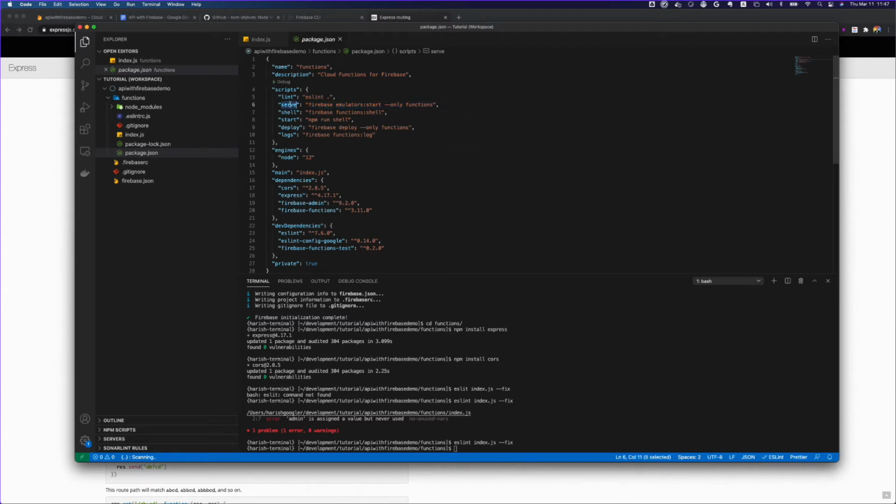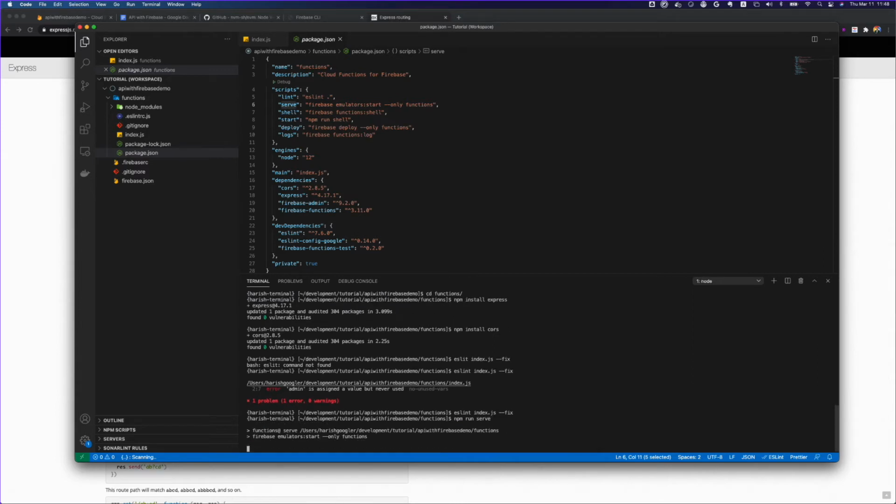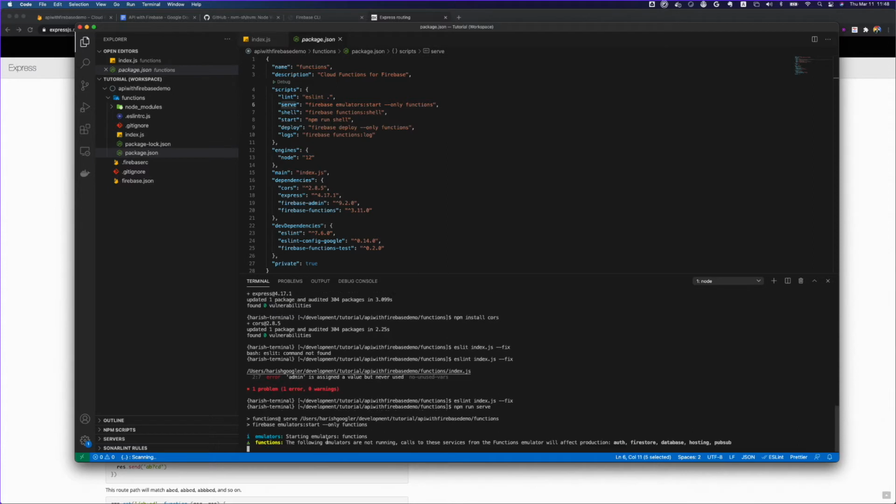Basically, if you don't want to deploy your code to Firebase and you just want to test it on your local, you can absolutely do that. For doing that, you just have to do npm run serve, and it's going to start the emulator.